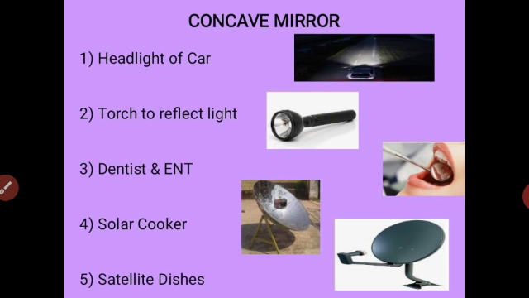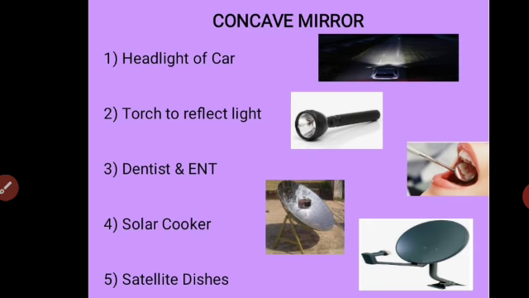All of us have seen the satellite dishes that we use to receive the TV signals. These dishes are also in the shape of concave. The reason is similar as that of the previous example. The rays carrying the information of serials, news and music, they are falling on the concave dish and are converged at the point of focus where we have the device. Thus, the dishes help in capturing the signal.